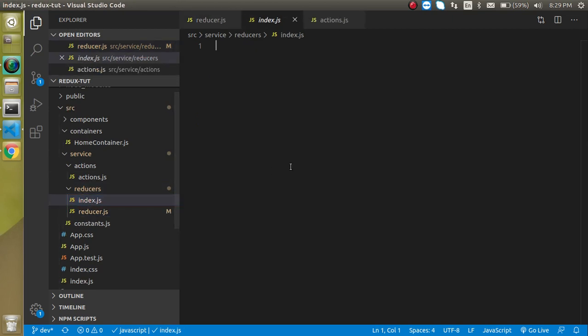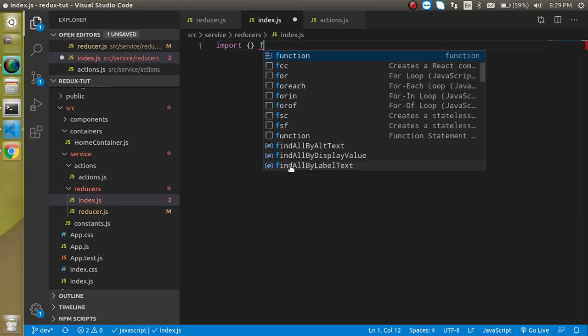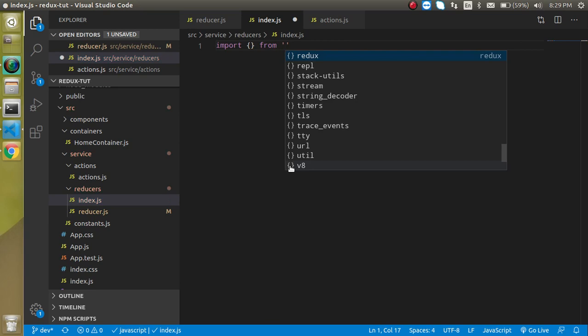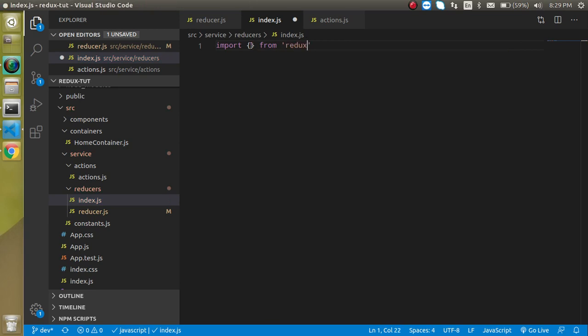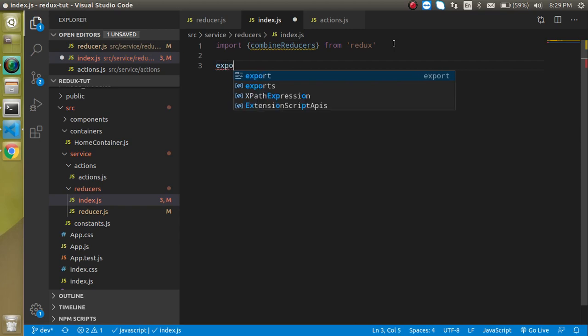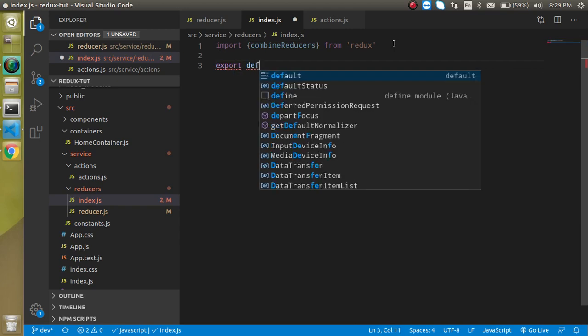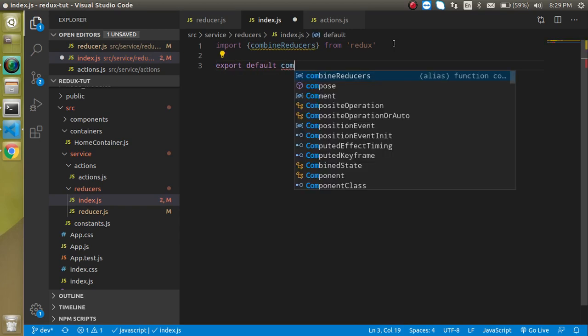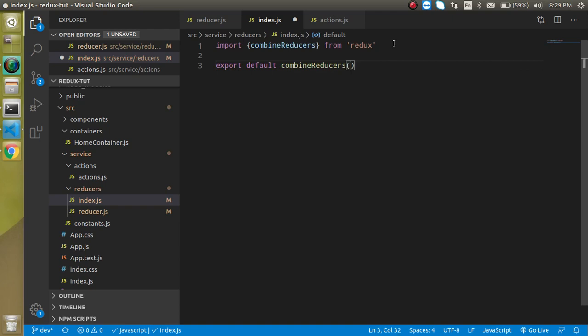Then just come back here and first of all just import what we can call combine reducer, right? So just put here combine reducer, and for that we actually just need to export default combine reducer,